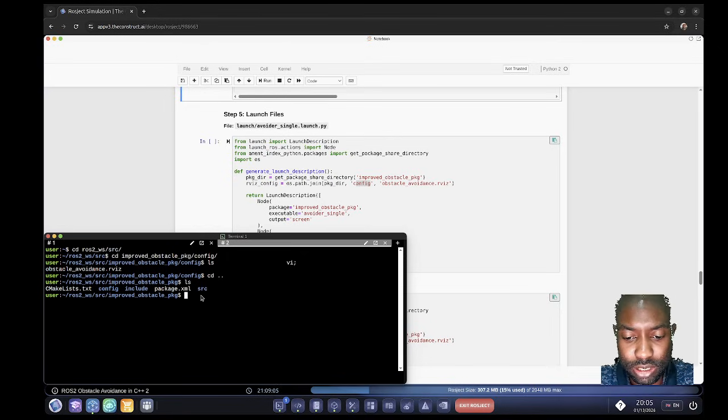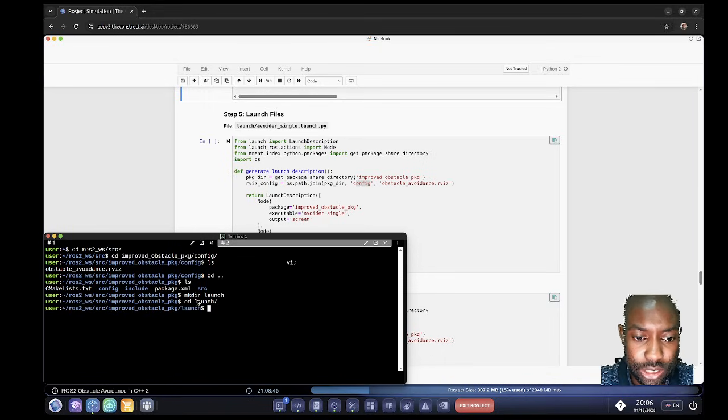So what we will do is we will make a directory here, right, and then call it launch. By convention, this is how we name the folders of a launch file, right? And then we're going to open that, and again use the touch command to create our launch files. So we're gonna do touch avoid a single dot launch,